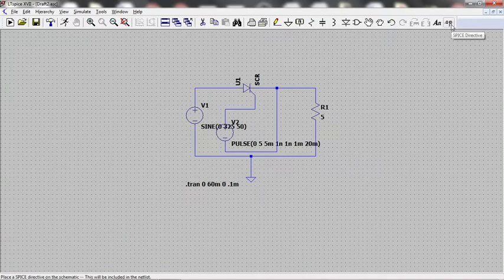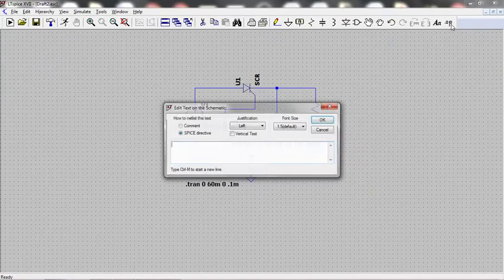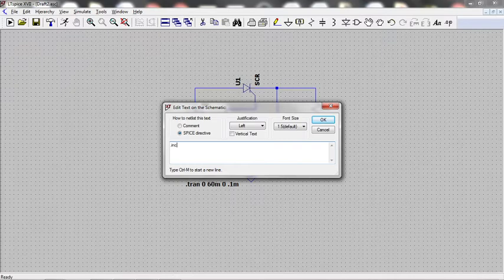So right click here. Write .inc, include. Click that path. Copy the path. So it is in this path again.